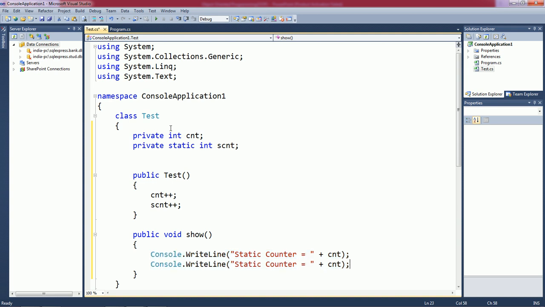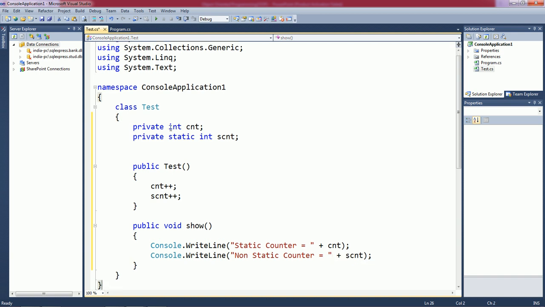Now let us create a value of the non-static counter. In a simple function you can display the static member, but a static function never allows any normal data member.